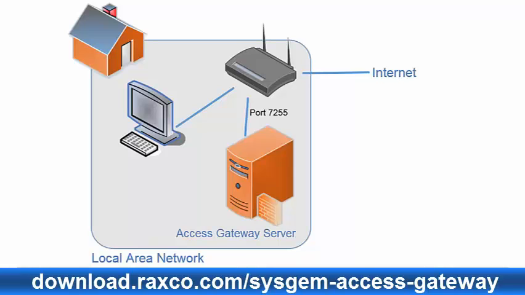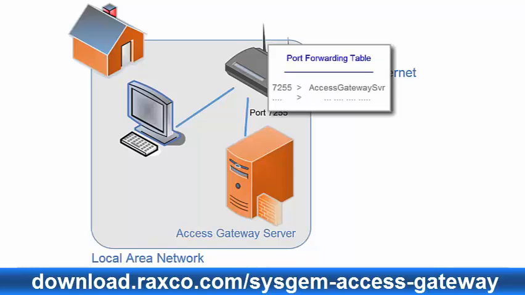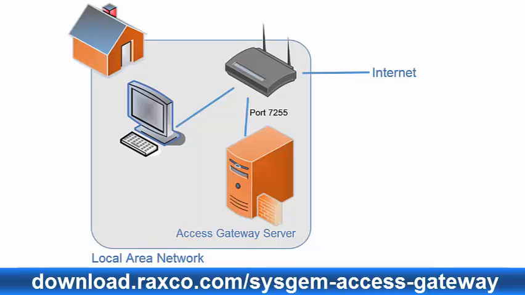Information destined for the access gateway that is arriving at a modem from the Internet is tagged with a port number so that it can be forwarded to the correct computer. The default port number used by the access gateway is 7255, and this information needs to be set up in the port forwarding table held in the modem, together with a reference to the computer on which the access gateway has been installed. The access gateway software running on that particular computer listens on port 7255 for any messages being